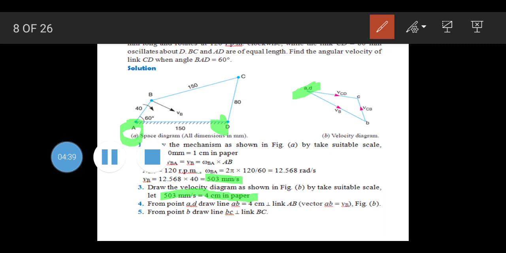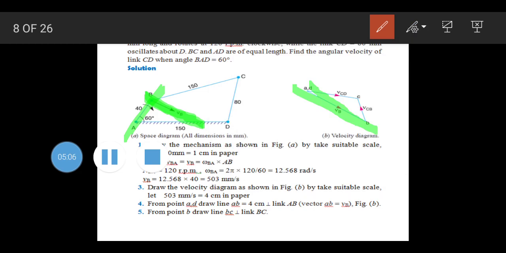Here we will draw a line perpendicular to line AB. I will just show you. If this is the line AB, we have to draw a perpendicular line. The perpendicular line will appear like this. Like this inclined line, we have to draw it from this point. Okay, we have drawn this inclined line parallel to this.